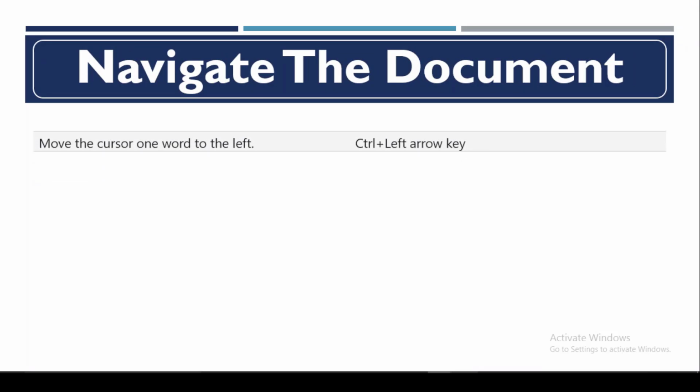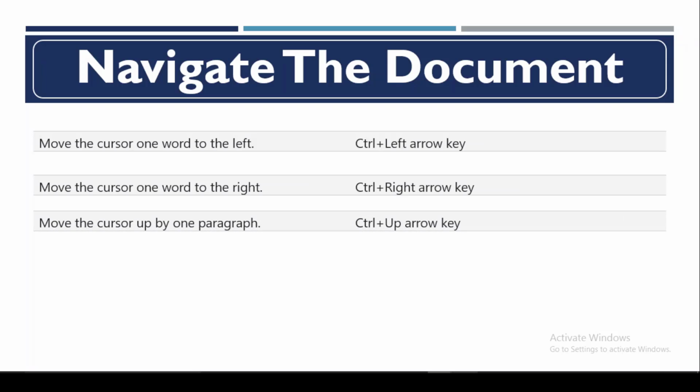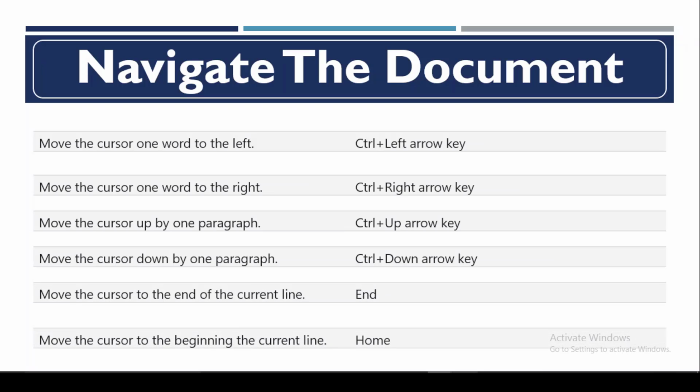Move the cursor one word to the left, Control+Left arrow key. Move the cursor one word to the right, Control+Right arrow key. Move the cursor up by one paragraph, Control+Up arrow key. Move the cursor down by one paragraph, Control+Down arrow key. Move the cursor to the end of the current line, End, and move the cursor to the